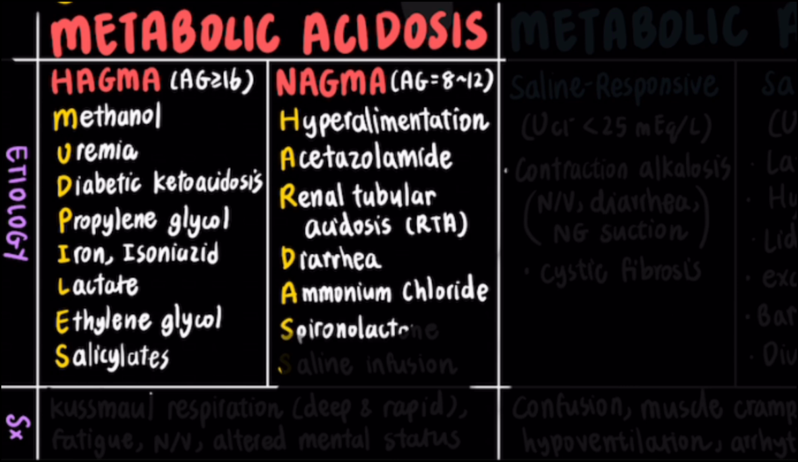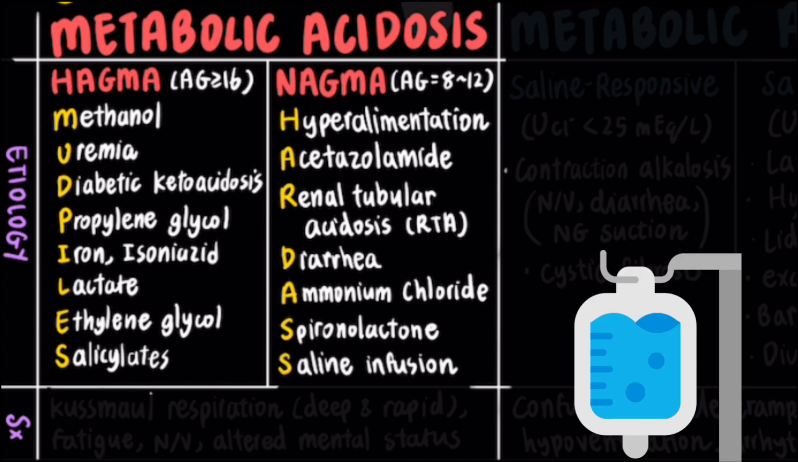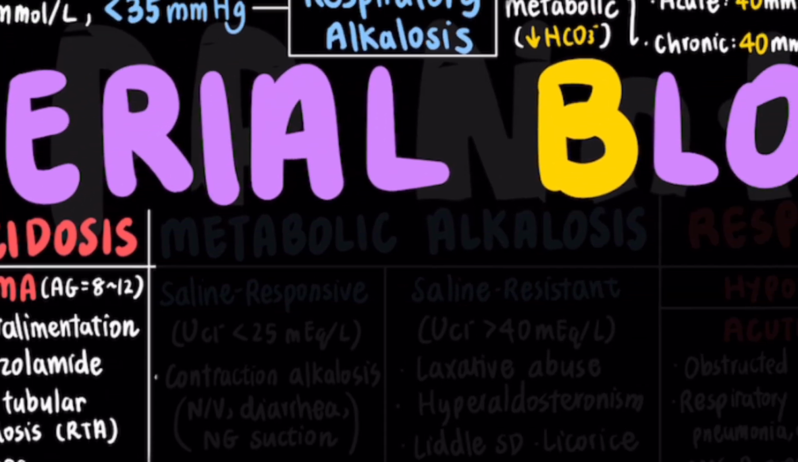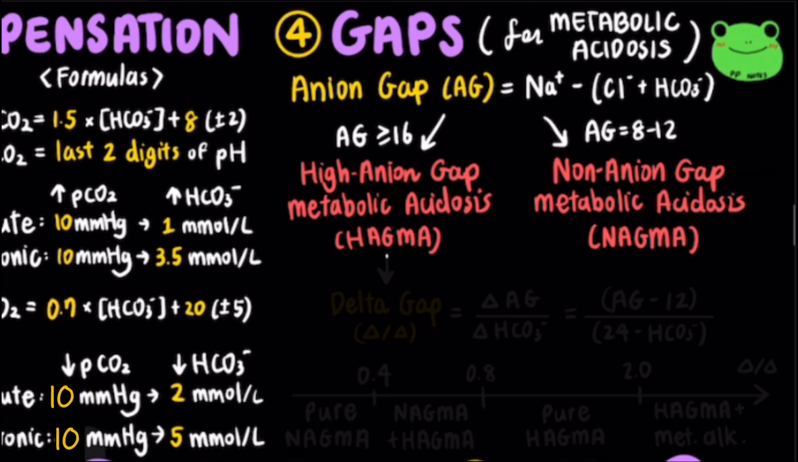The first S is for spironolactone, a potassium-sparing diuretic that can impair acid secretion and lead to acidosis. And the second S is for saline infusion, especially in large volumes, which can dilute bicarbonate and cause a hyperchloremic acidosis. If you've identified a high anion gap metabolic acidosis, you can go one step further and calculate the delta